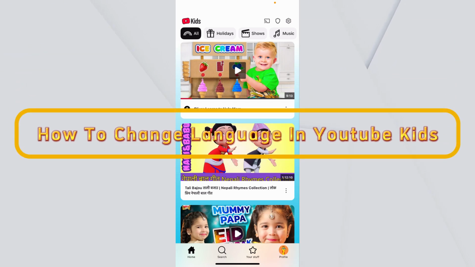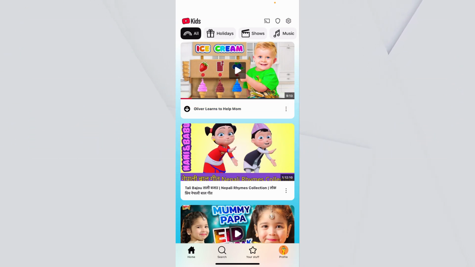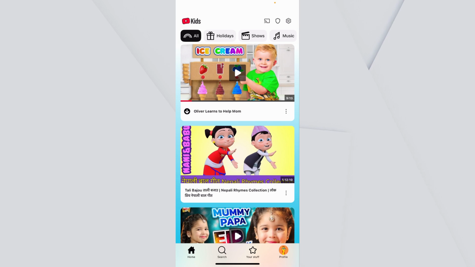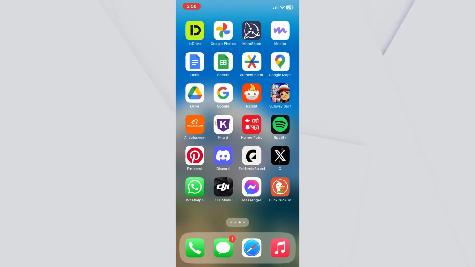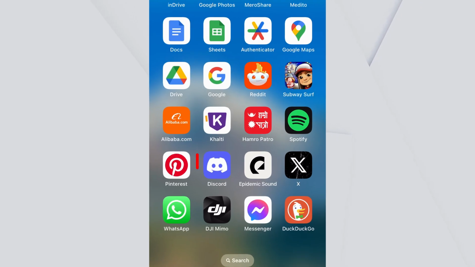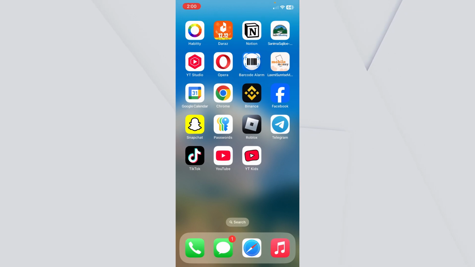Let me show you how you guys can change language in YouTube Kids. Now, in order to change your YouTube Kids language, you need to change the language of your phone. Now, if you do that, all of the things, like over here, it's showing me Discord. It's going to show me in a Hindi word Discord. But let's say if you just want to watch content of different language inside YouTube Kids, then this is what